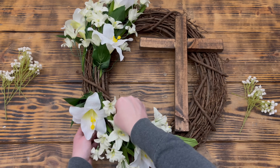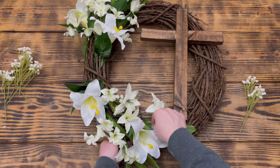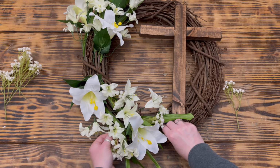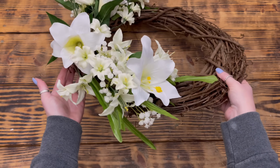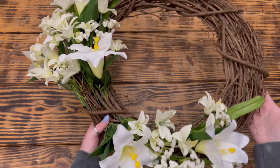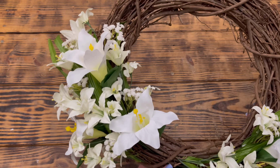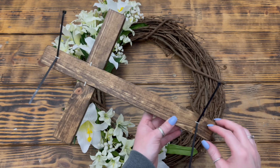After I had all of the lilies in place, I placed the pieces of the baby's breath in the arrangement along the bottom half of the wreath, going in the same direction as the lilies, and used them to fill in any of the sparse areas. Just like before, I repeated this process to add the baby's breath to the top half of the wreath, filling in any empty areas. Next, I stapled 2 zip ties on the back of the cross, one at the top